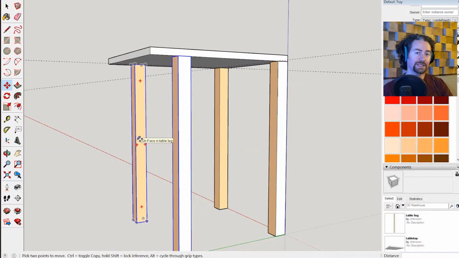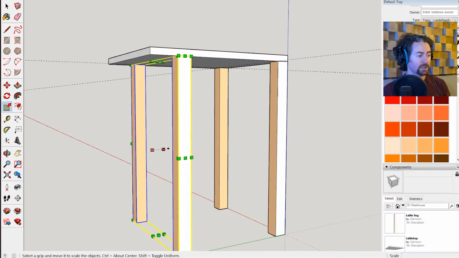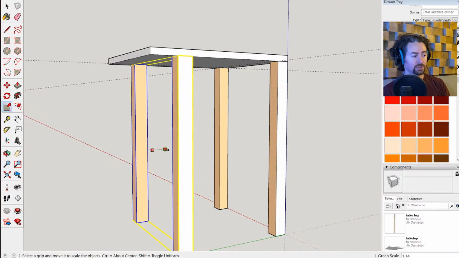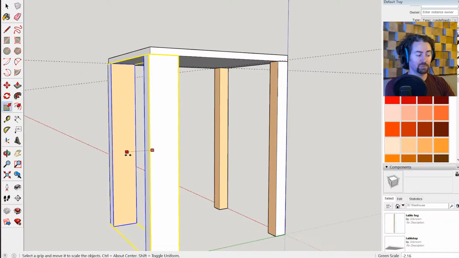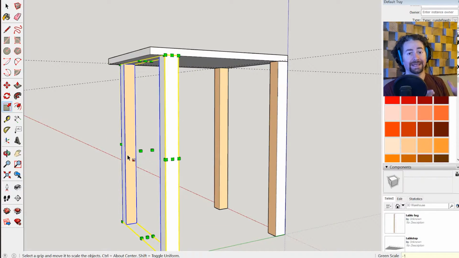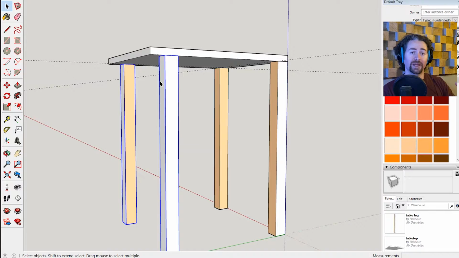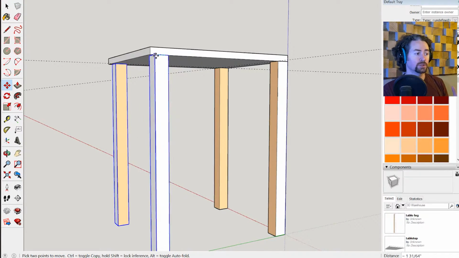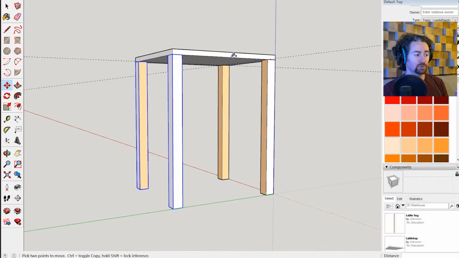You'll notice that the orange face on these two legs is not towards the inside, so I need to rotate them by 180 degrees or flip them horizontally, which is the easier thing to do. So I'll go to the Scale tool, and then select this middle square here, click it once, drag it through the object, and type -1. This will mirror it about that axis. Now I can go back to the move tool, click on the corner, and snap it to that corner of the table.